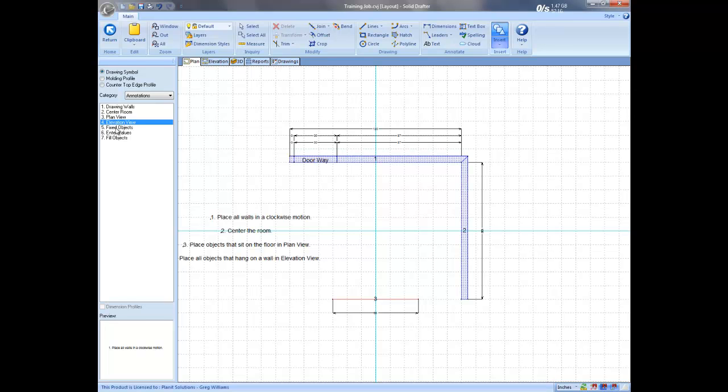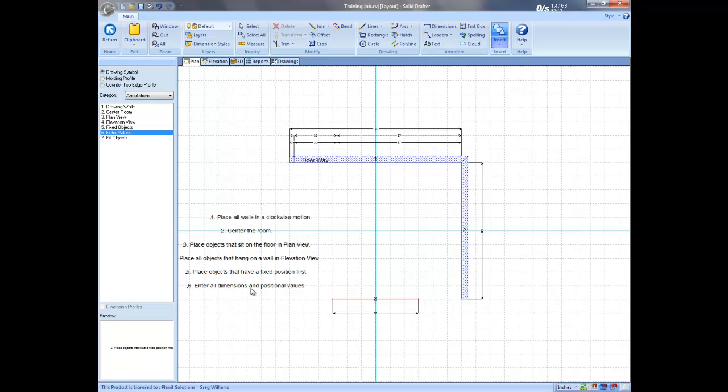When you begin to add objects to the design, it's important to add objects that will have a fixed location first, such as doors, windows, or corner cabinets. This is because objects in a fixed location are often aspects of the design that other items in the design must work to or be placed according to their location and size. And the next thing that you want to do after you place objects that have a fixed position or fixed location is to enter the values in terms of the dimensions for each of those items and make sure the